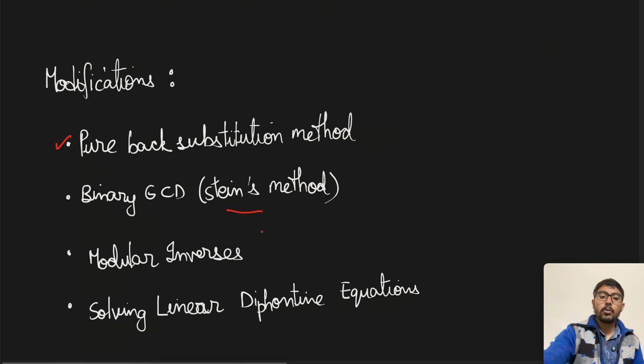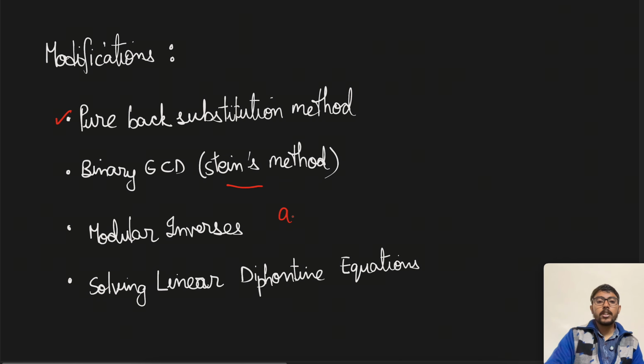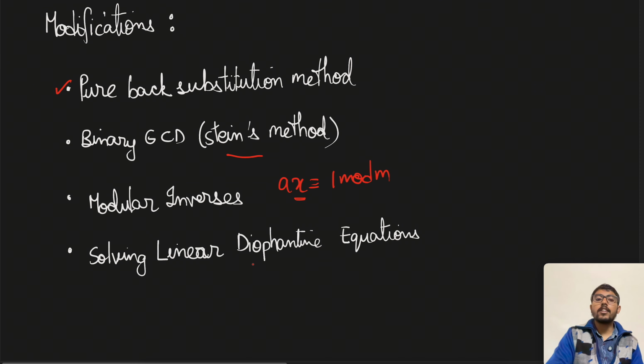Then there are modular inverses, like when you have AX equal to 1 mod M and you want to find X. So how we use the Euclidean formula in that is something that we do here. Then there is solving linear Diophantine equations, right, where something like AX plus BY equals C and we need to check whether C is a multiple of GCD of A and B, and likewise, right. So all these are basically discussed inside the Sigma Solver